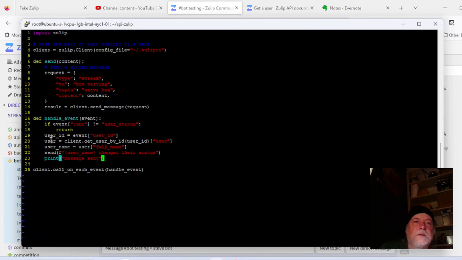I'll just stop this. So here's the program. I import Zulip. I create a Zulip client object using my Zulip RC, which I downloaded using the Zulip app by going into my personal settings. I created this little send helper, which now sends to the bot testing stream using the topic of Steve bot, but of course you would change that according to your own needs. I call client send message